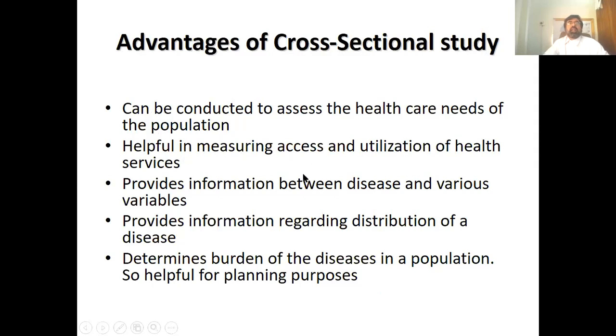So it is helpful in measuring access, provides information between disease and various variables, provides information regarding distribution of a disease, and determines the burden of the disease in a population, so it is helpful for planning purposes. When you determine the magnitude of the disease, that this many people in a particular community are ill, then you can plan interventions for them. Any health facility can be established there so that the people take benefit of those facilities and you can control the